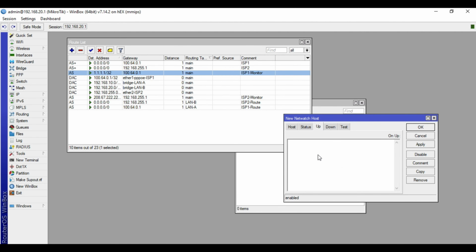Then for the up tab, input here these commands. IP route, enable, find comment, ISP1, semicolon, IP route, enable, find comment, ISP1 route.